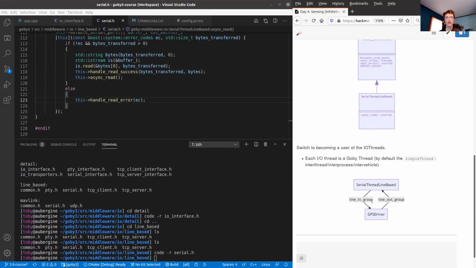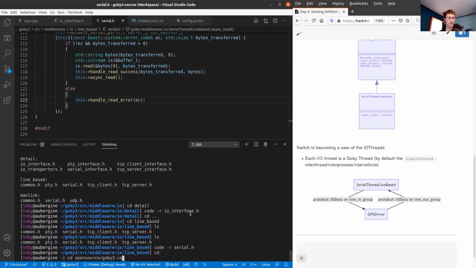So minimally, there's several messages that can go over each of these groups, but the core one is this protobuf type IOData. And that's what actually contains the bytes we want to send to or receive from the serial port. In order to use this, these groups are template parameters, so we need to actually create real instantiations of those. So if we go back into Goby3 course,